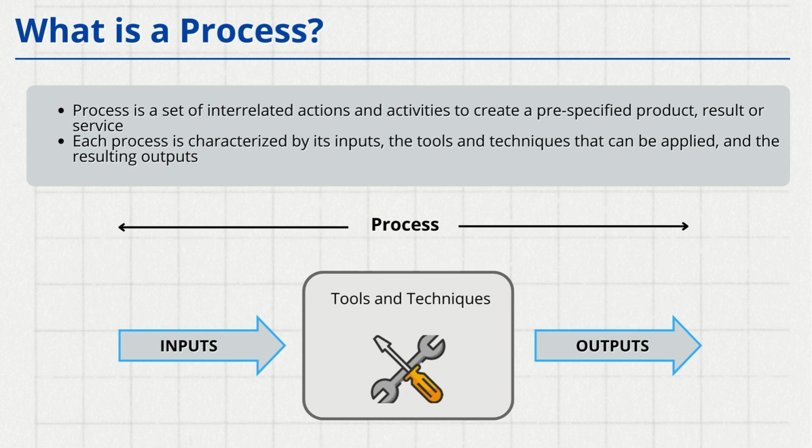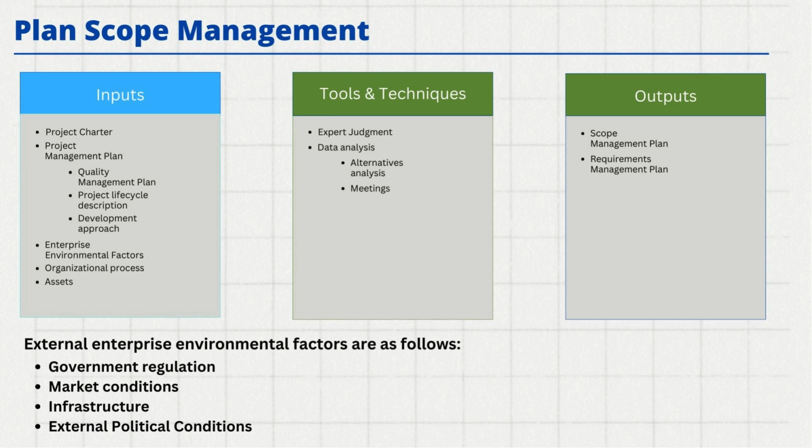Whenever we work on any process, we always have a few things that we need to take into consideration. There will always be some inputs to the process. When we work on a process, we need to refer to some of those inputs. Then, we always use certain tools and techniques that help us work through the process efficiently. Additionally, we always have some outcomes, meaning certain outputs that we get at the end of the process. Let's take a quick example. For instance, you are working on a process related to scope management.